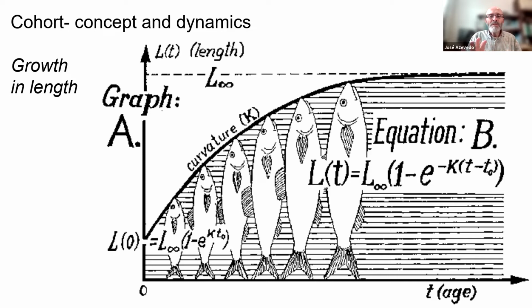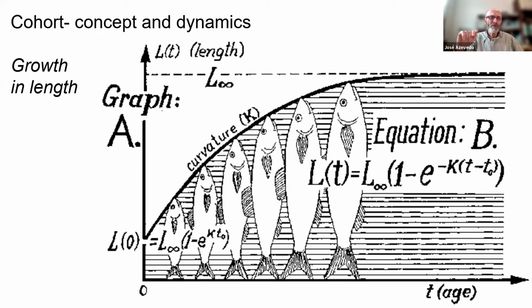The equation that is typically used to represent fish growth with age is the von Bertalanffy equation, which is displayed in this graph. It is an exponential curve with an asymptote, which means that fish grow fast when they're young, and then growth slows and slows, and it never stops, but it becomes very small